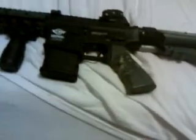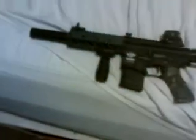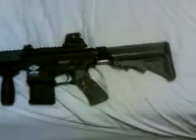Got the base gun on Airsoft GI for, I want to say $160. I got it when it first came out. Lucky for all you guys, $160 will get you the battery and charger package. I didn't get a battery. I had to buy my own. Well, I already owned batteries, but